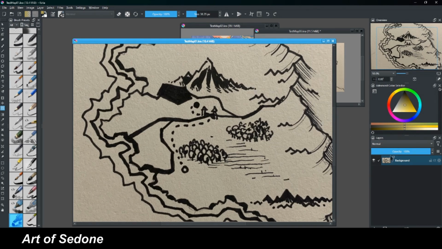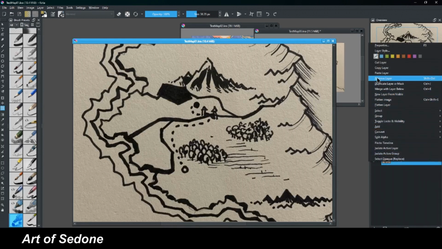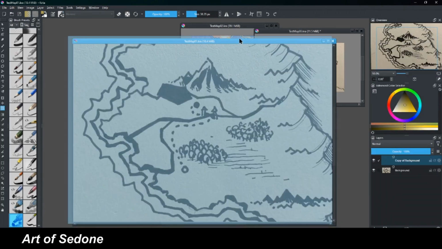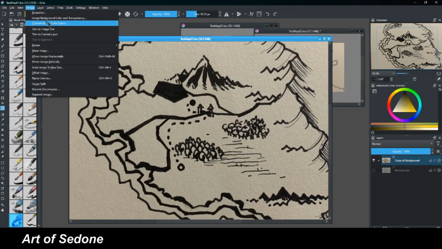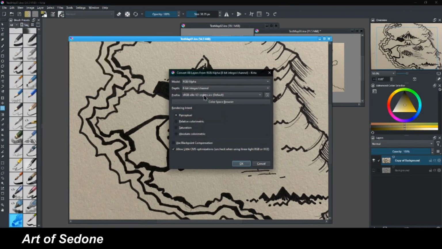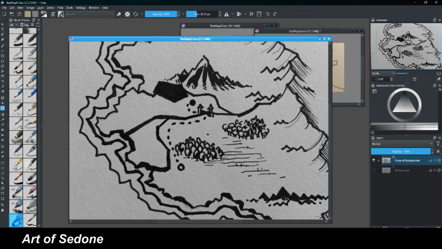The first thing is it would be good to duplicate it, and when I'm doing this kind of thing, using a mouse is fine. You can actually do a lot with the mouse, maybe not draw very well, but see, I'm just going to duplicate just in case, and always save. And then the next thing is you could change it, so it's convert the color space right here. Again, there's more detailed instructions in the manual, but it's the basic same digital art stuff. So you can change it to grayscale if you want, and then we'll change it back again. So that converts it to that, and then